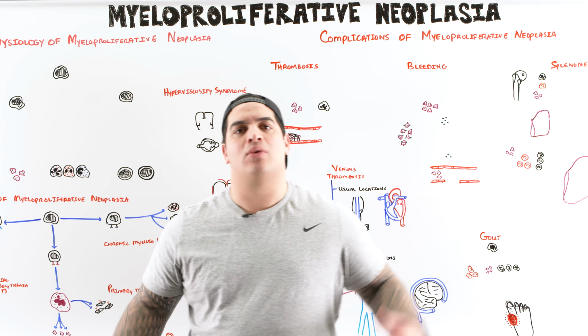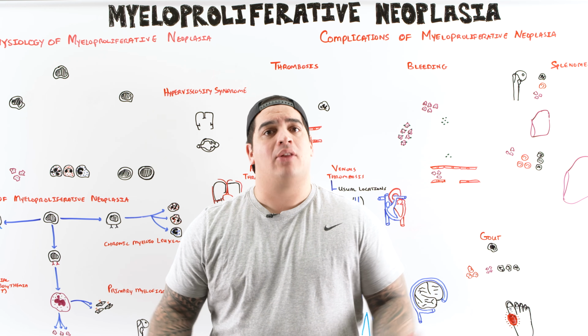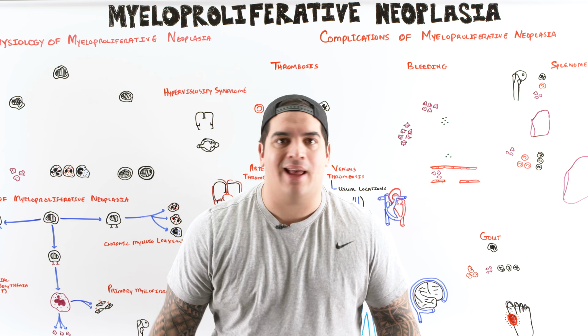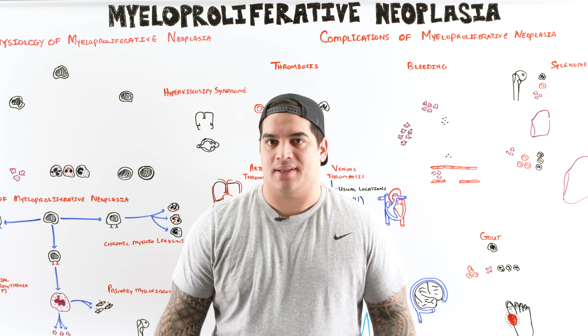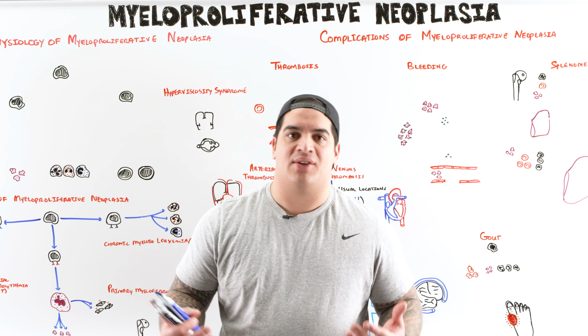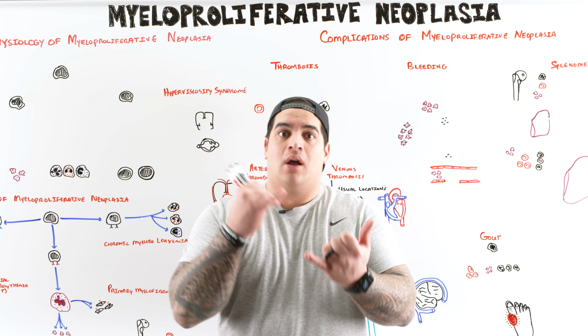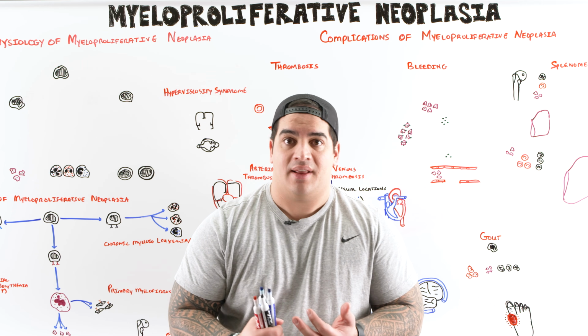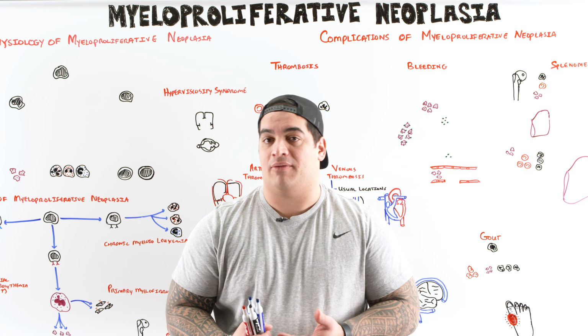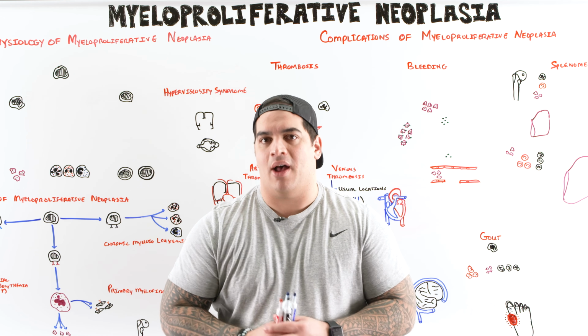What's up, Ninja Nerds? We got a cool topic to talk about today. It is myeloproliferative neoplasia. You're like, what the heck could that be? There's a lot of different things that we'll discuss in this. And again, it's going to be more clinical medicine oriented. We'll talk about things like Polycythemia Vera, essential thrombocythemia. We'll talk a lot about primary myelofibrosis, and then a little one on CML, but we'll talk about that more,